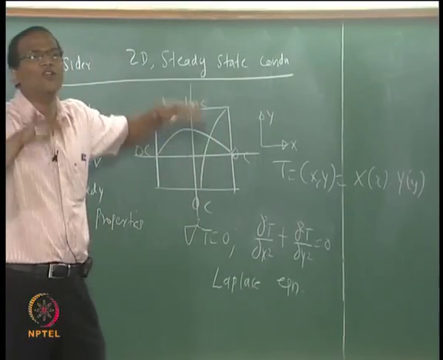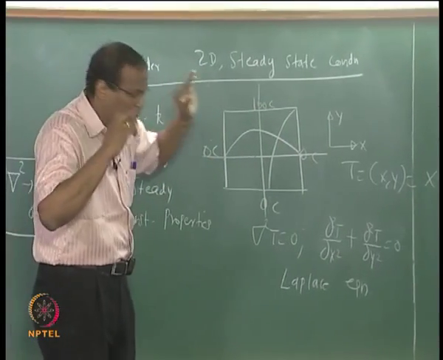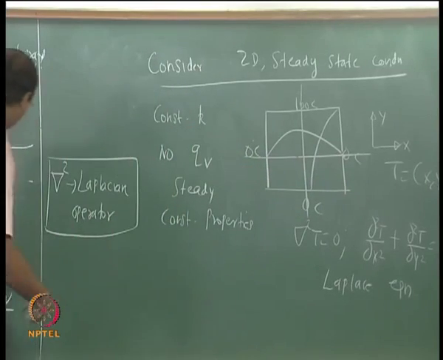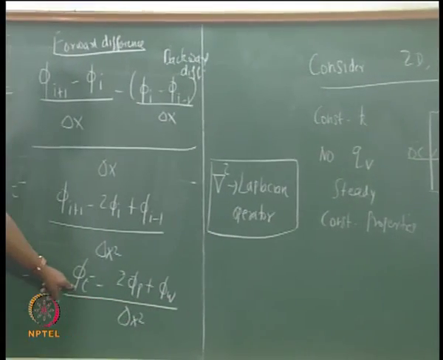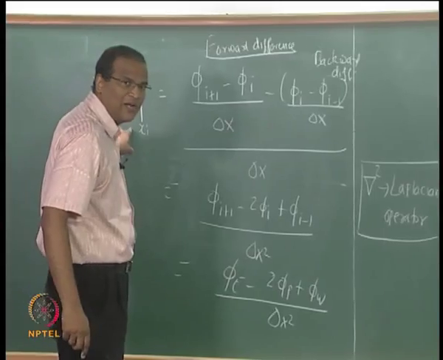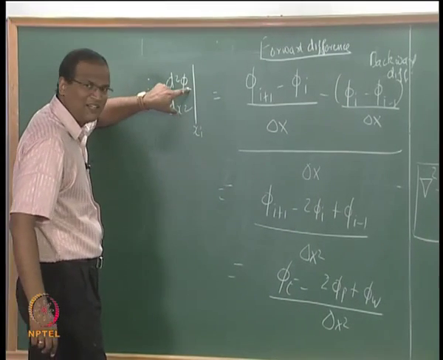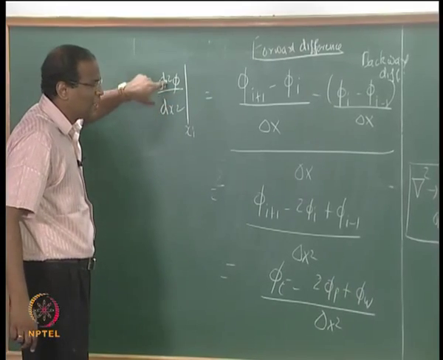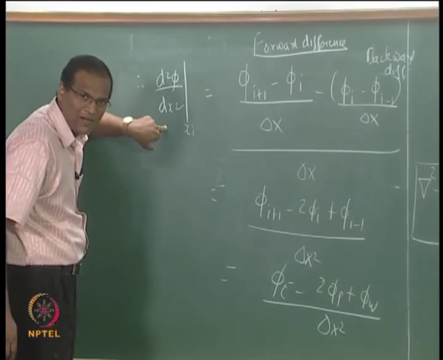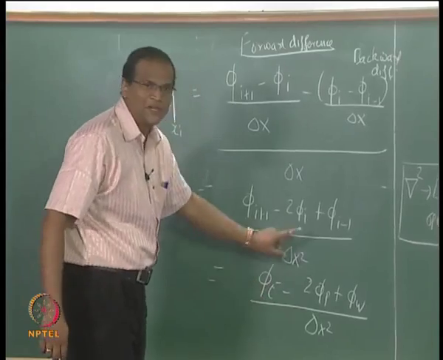Fine. Now how do you solve it using finite differences? If you want to solve it using finite differences, we already have a representation for this. This is for d squared phi by dx squared. Now I can call it as dou squared phi by dou x squared, where phi is the temperature in question. Similarly, you can write out an expression for dou squared phi by dou y squared, and then you will get an expression